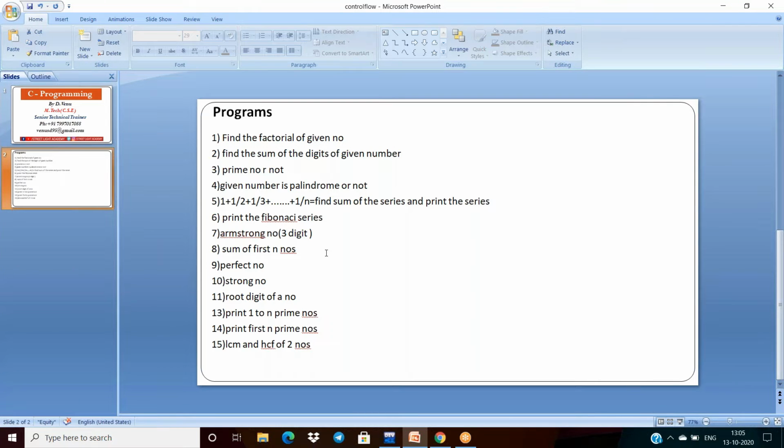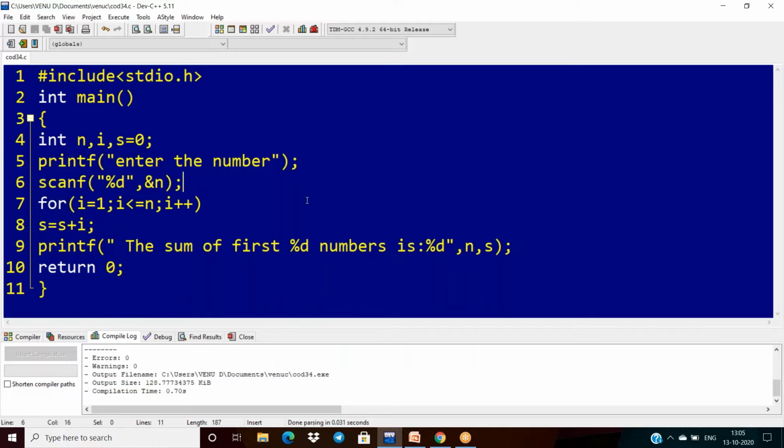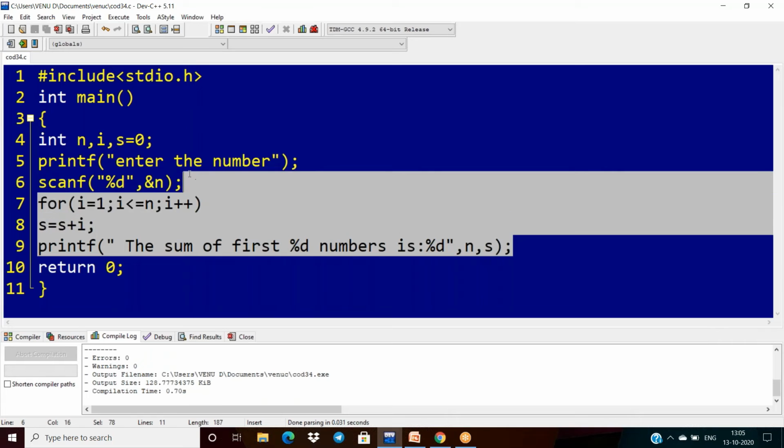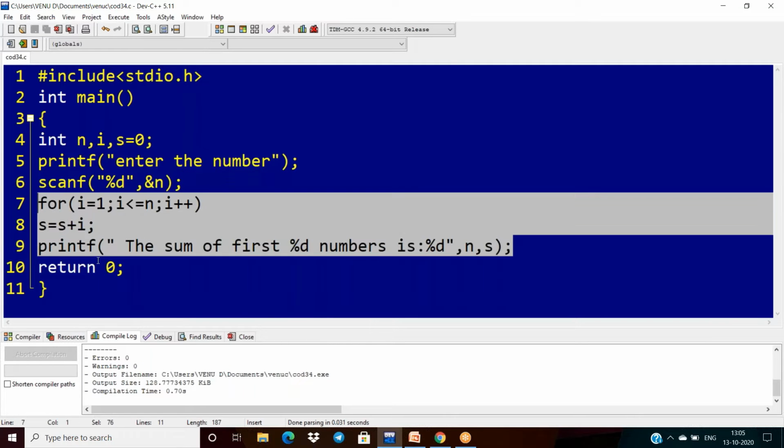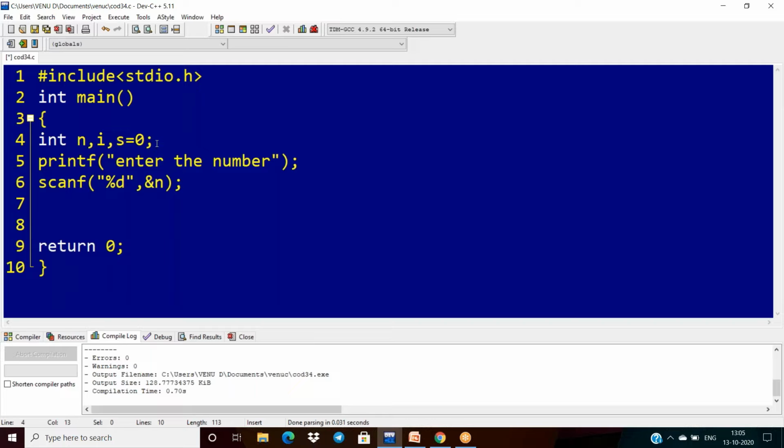So that is why what I am doing here, I want to find out the sum of the digits of the number. First of all, I am reading the number. It is the same. I have to read each and every digit from the given number. Generally, how do we write this? Here I don't know how many iterations the program will take, that is why I am using a while loop. In the previous case, I knew the number of iterations, that is why I used a for loop.